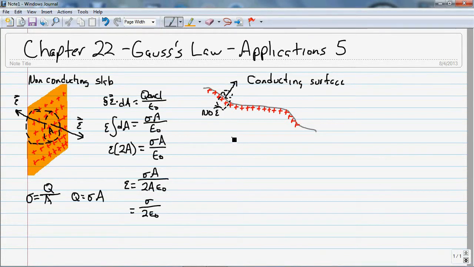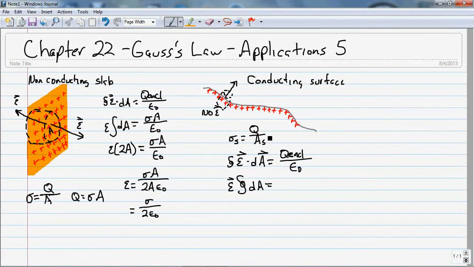So again, my surface charge density is equal to Q divided by A_S. And I'm putting this S in here because I want to differentiate it from the previous problem. So again, I have integral electric field dot differential area equal to Q enclosed over epsilon naught. The E is going to come out. And now, here again, I'm going to solve for Q in this formula for the surface charge density, and that's just going to be sigma times A_S